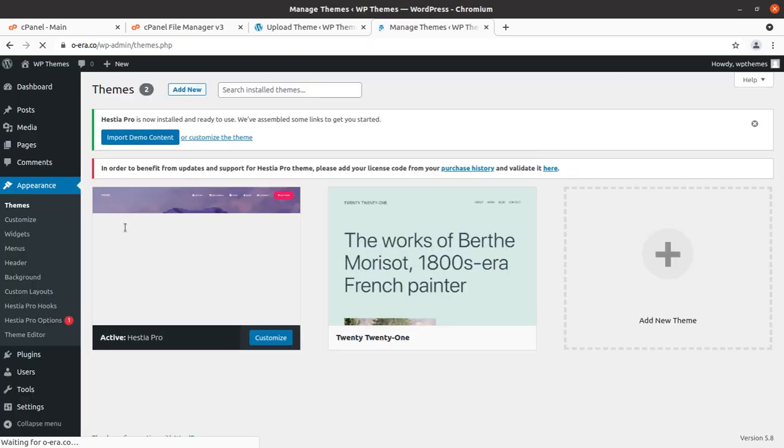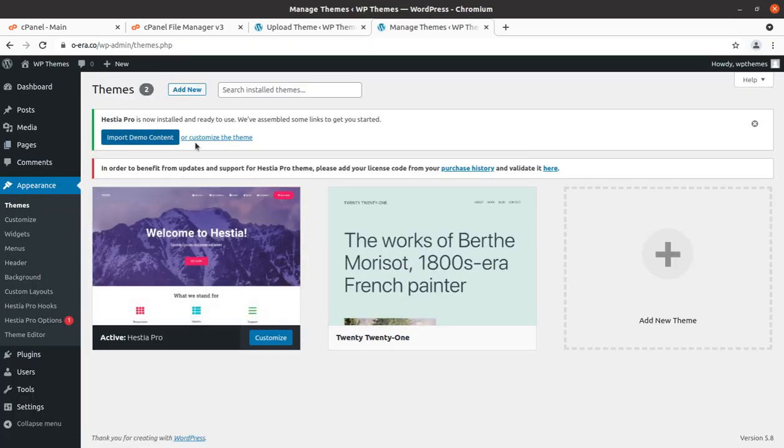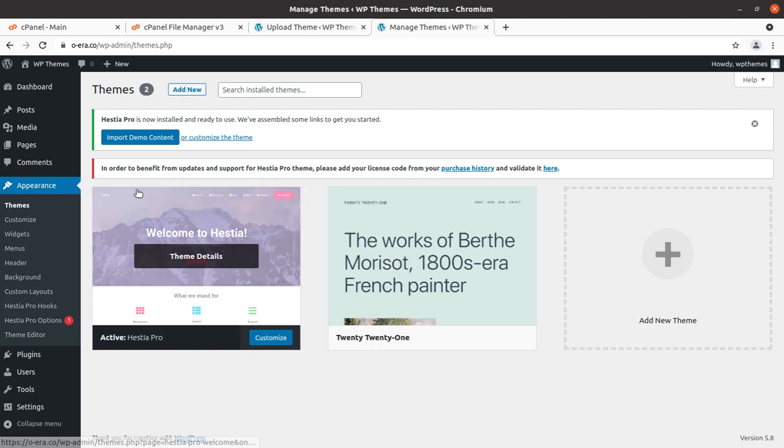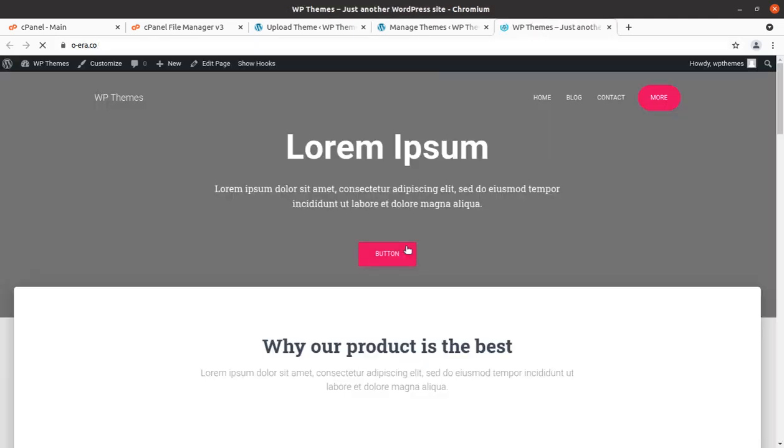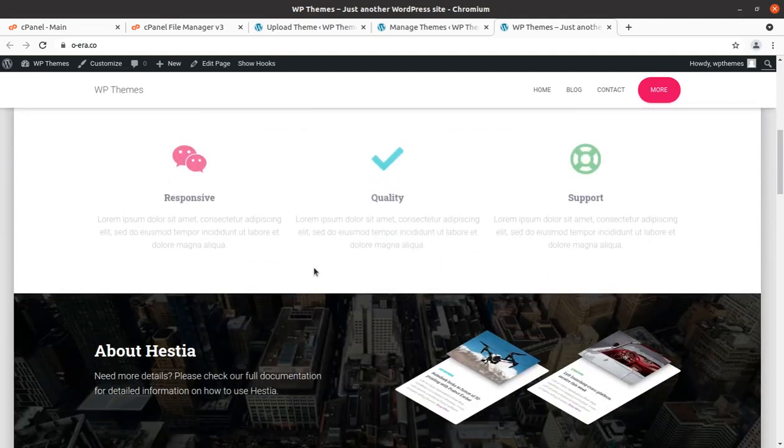Now we have an option that we need. If we want, we can import the demo content, so we have an option to import the demo content here. Meanwhile, we can take a look at our website, how it looks with the theme, and this is the base.